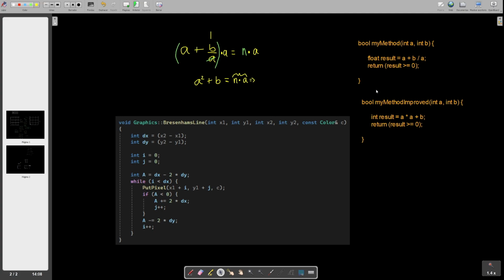And this has saved RAM memory and CPU usage for our limited hardware of the 60s. And this, my boys, is the trick Bresenham knew, and the trick he abused to come up with this solution that does not implement floating point operations or floating point variables to draw a line. So with this in mind, with this trick that now we know, now we can start to create this algorithm